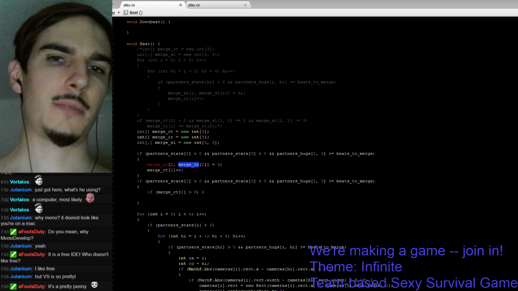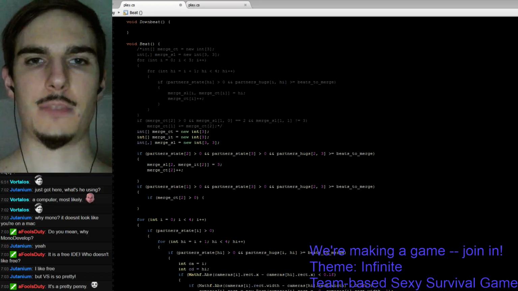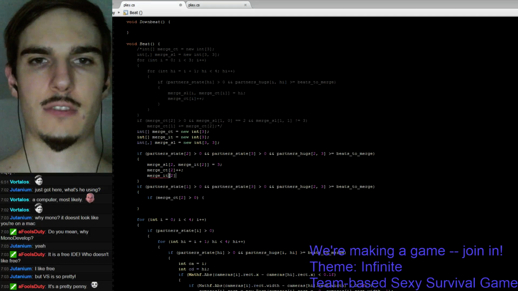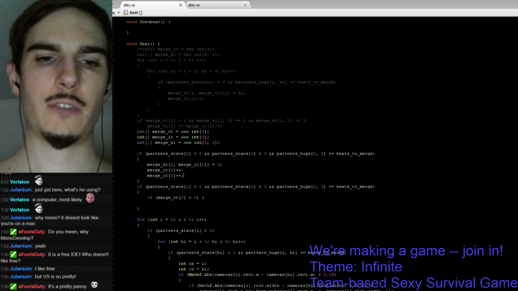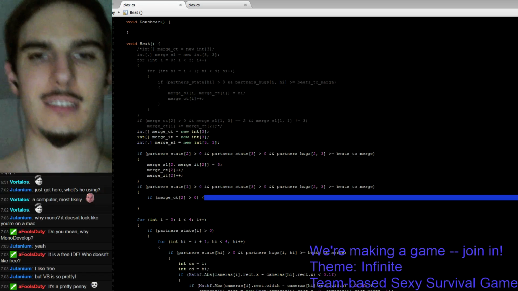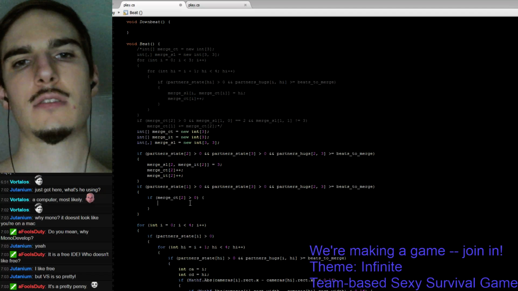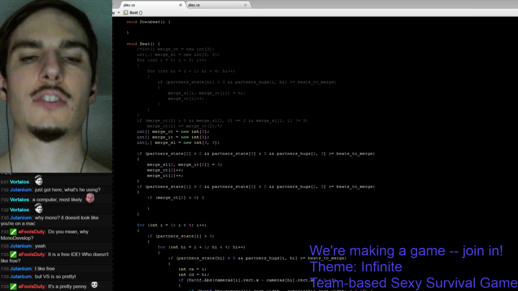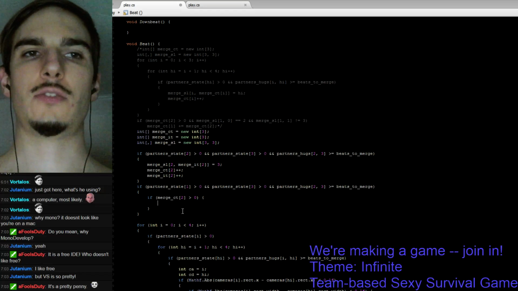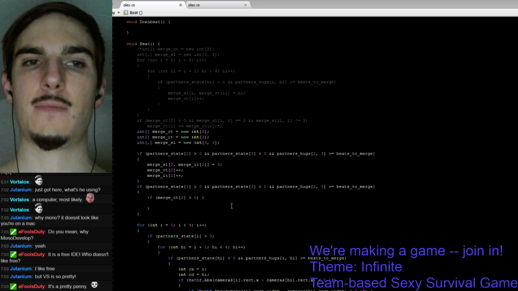But I do want to increment both. So merge count and merge IT, both iterated up. Overkill, but overkill that pleases me at this juncture. So right, so now, yes, now we do in fact want to use merge count. So if merge count is greater than 2, or excuse me, merge count 2 is greater than 0, then we'd